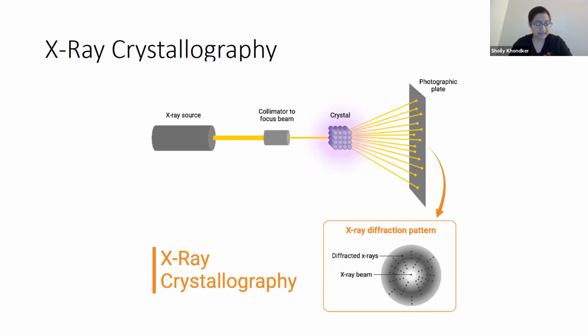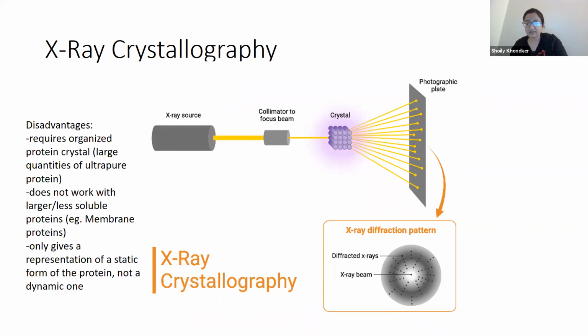This yields an X-ray diffraction pattern, and this X-ray diffraction pattern will give the position and intensity of various spots, which will give information about the location of atoms within the crystal. The analysis of this diffraction pattern will then yield a 3D electron density map, which can be used to deduce